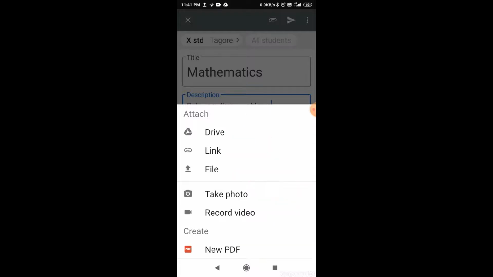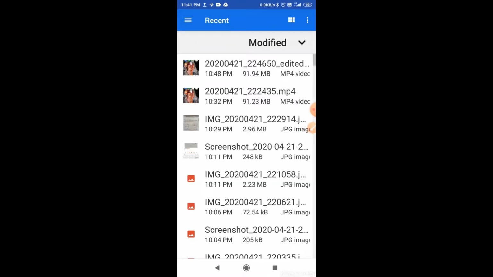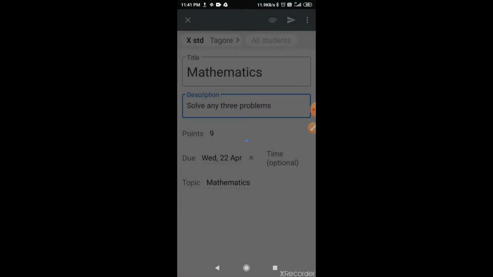Let me take file. Okay, file, and from here I will take one image. I can upload it from here. And in the same topic, here only I want to insert one more file, PDF. Then again I have to go to that attach here itself, and I can attach. Once this file is attached, that file will be displayed here itself as an attachment.